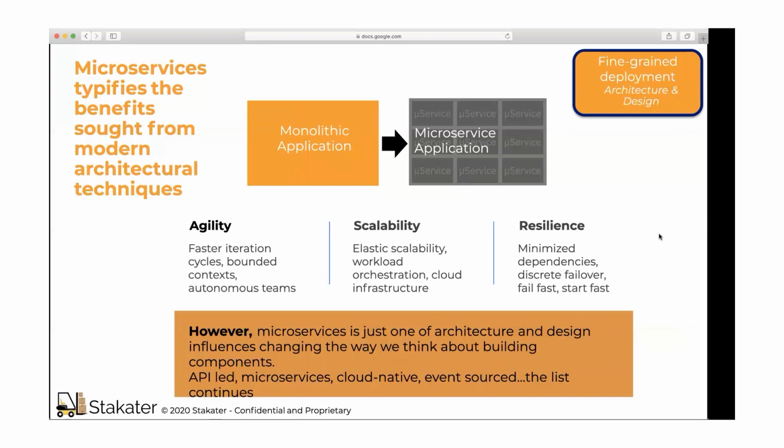But microservices are just one of the architecture and design approaches that change the way we think about building components. It's API-led microservices, event sourcing, cloud, and the list continues. Instead of a monolithic ESB, the idea is smaller, well-defined integrations, or micro integrations.